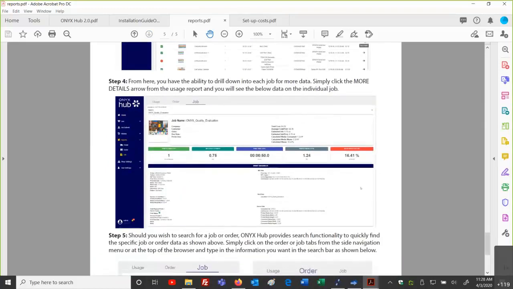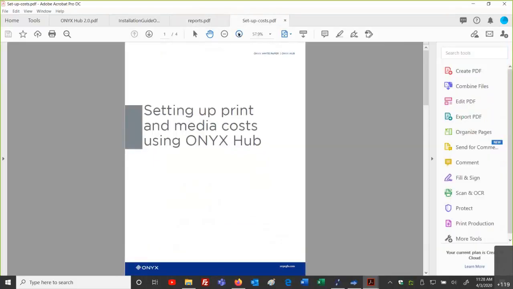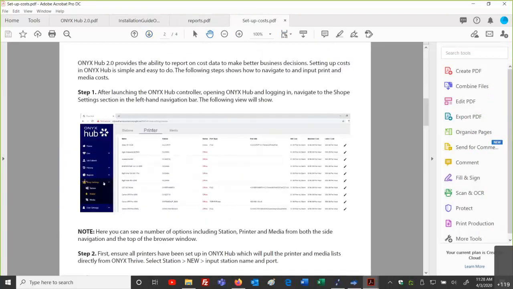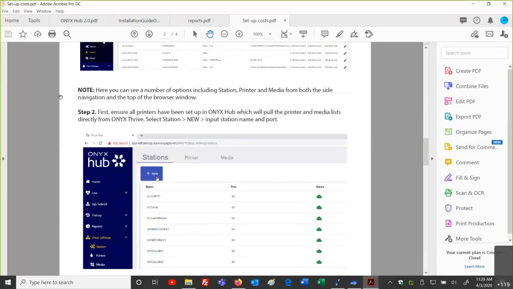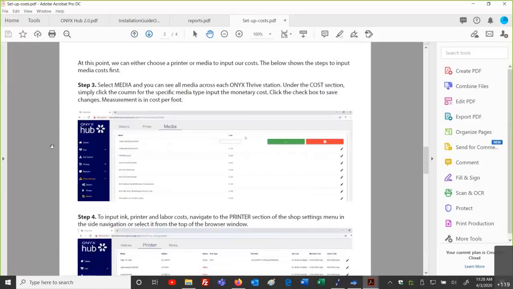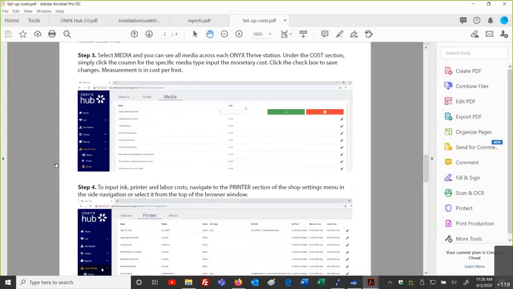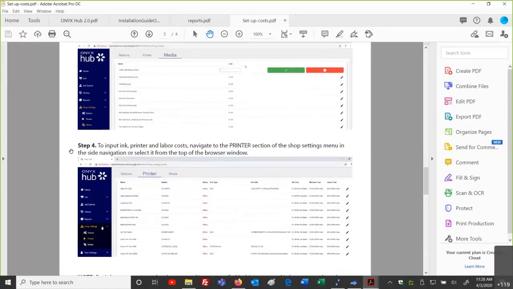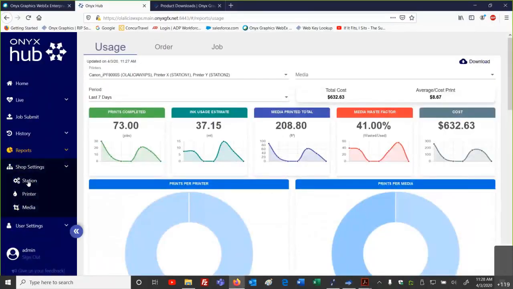And then job-specific information. In the setup and costs, this document is going to talk about how we actually go through and start to configure our shop settings. We're going to put in our cost factors, and we're going to put this in per station, media, and for our ink. So we have our media square footage costs, and we have our ink for milliliter amounts. So this document talks about adding in that information. So I just want to make reference to that. Going back in the software, shop settings, station,